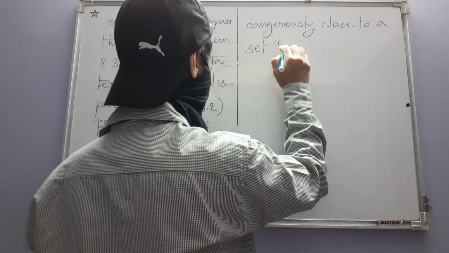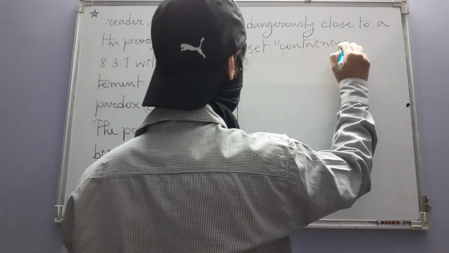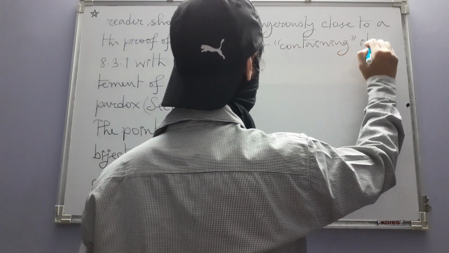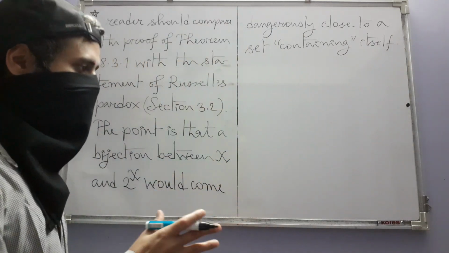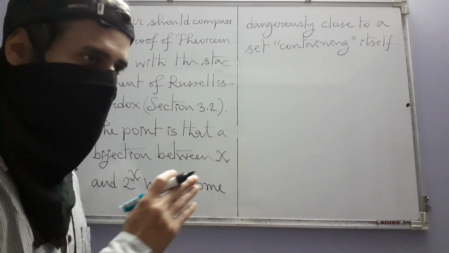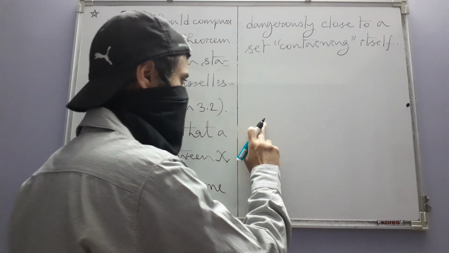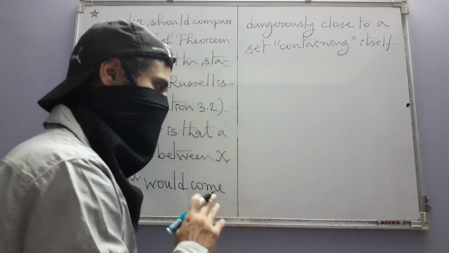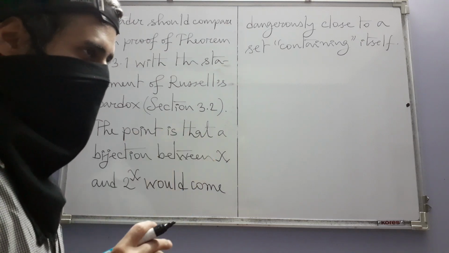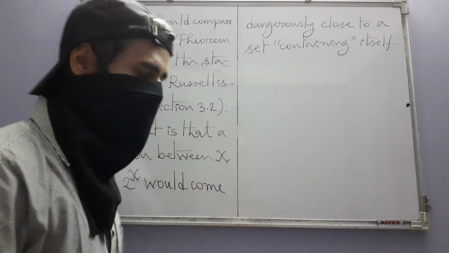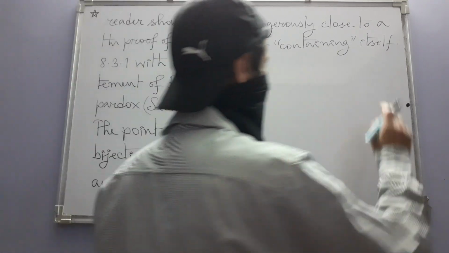A set containing itself as an element, which we have already proved in one of the exercises at the end of that section, where we dealt with Russell's paradox, that if A is any set, then A is not an element of A. This we actually proved from the axiom of regularity, I think that is called, if I am remembering correctly. But anyway, so now let us see